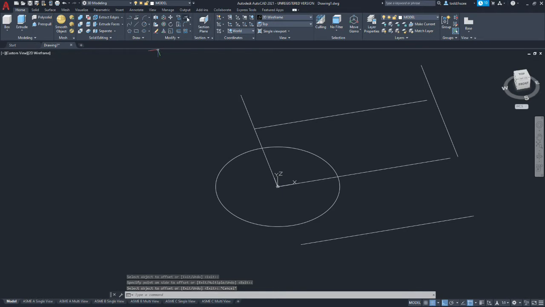And we're going to use the extend command if we can to extend what we can. Okay, looks like I'm going to need to draw an extra line out here for extend to work. And then we'll trim all the tails off.